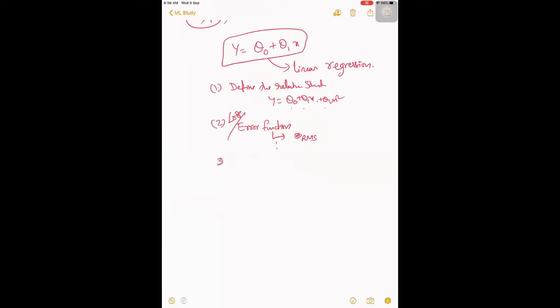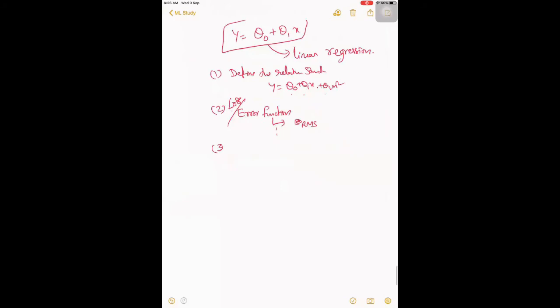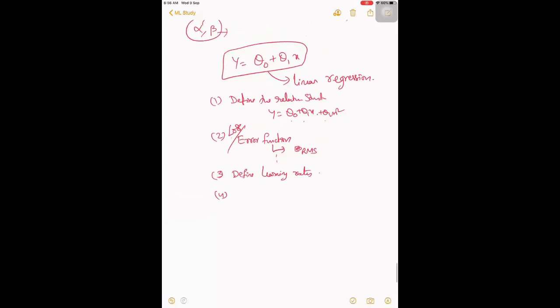The third step is we have to define the learning rate. Once you did that, you have defined the model structure here, and then we made a loss function.